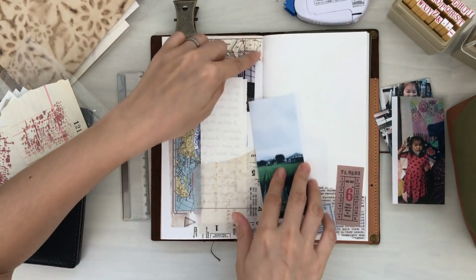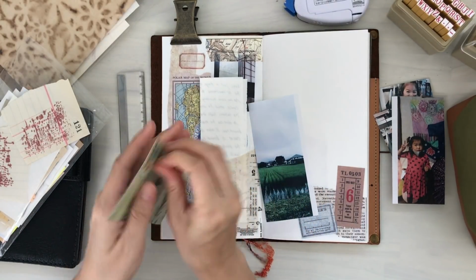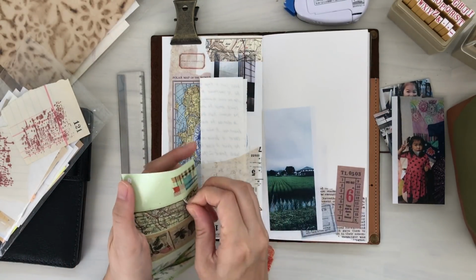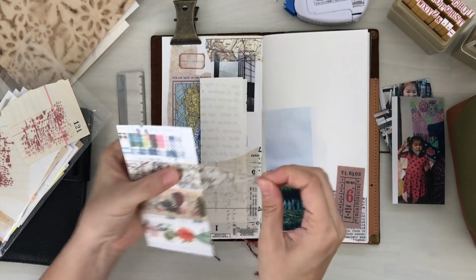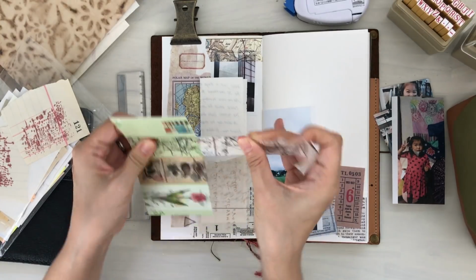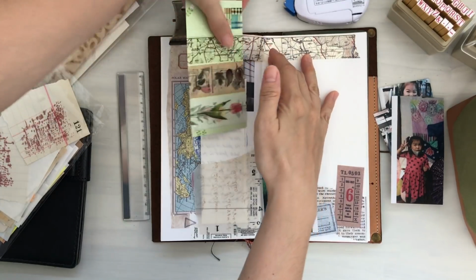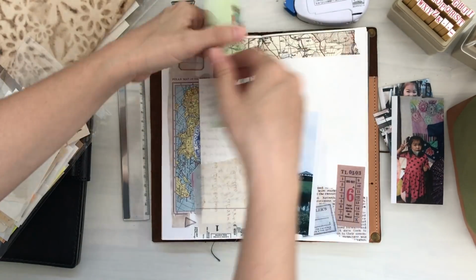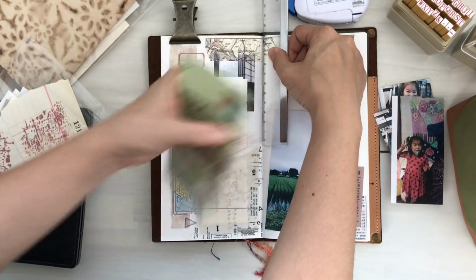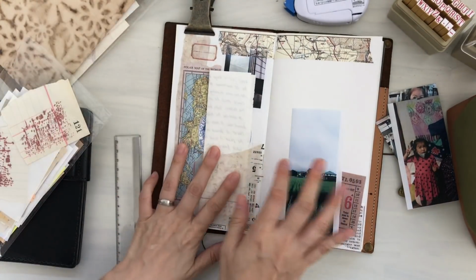I think I'm going to continue this washi tape all over to the other side. I like that I don't have to worry about finding these other bits to collage. It's really nice. It takes your mind off of things. All right,